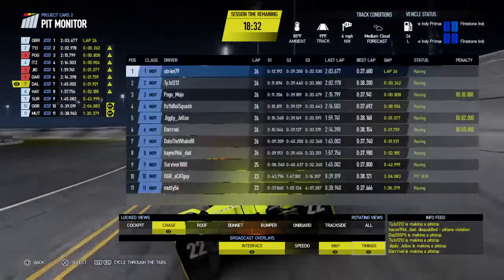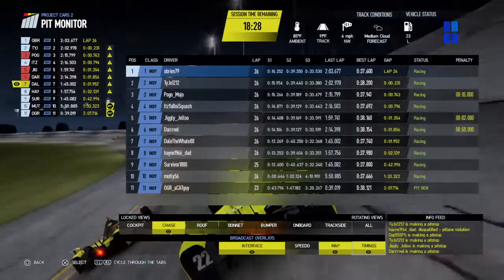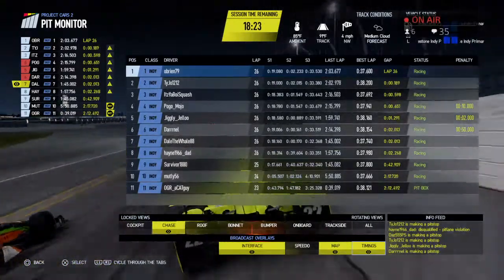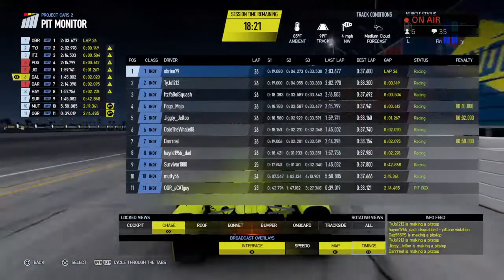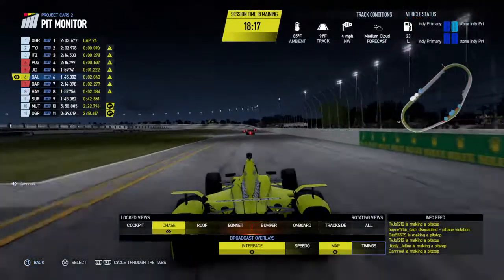Quick check of the penalty and timing situation. Darnell with a 50-second penalty. That's got to be for excessive speeding in pit lane. That's in essence a 1-lap penalty. So take Darnell out of any serious contention here. Pogo's got the 10-second penalty. Darnell now